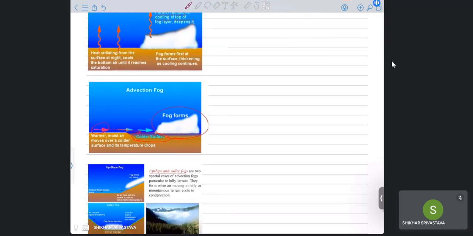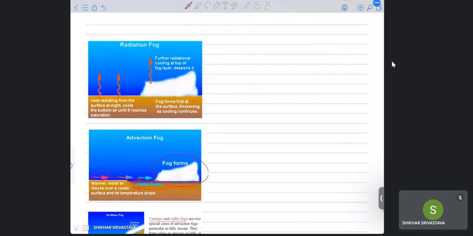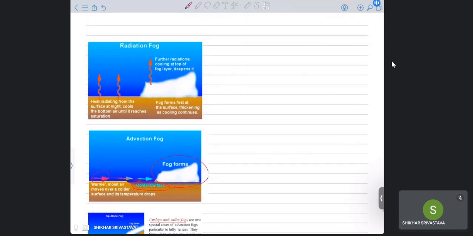So basically, there are three or four kinds of fog. First, the most important one, is radiation fog. I've taken this from this lecture only. So what is radiation fog? It forms when the air near the surface cools down to its saturation temperature due to cooling by radiation at night. So what happens is that during the night